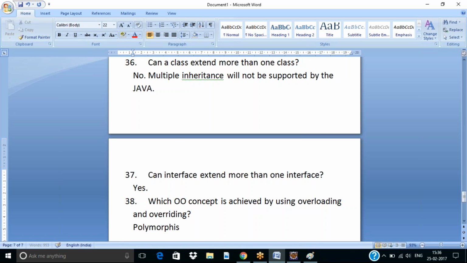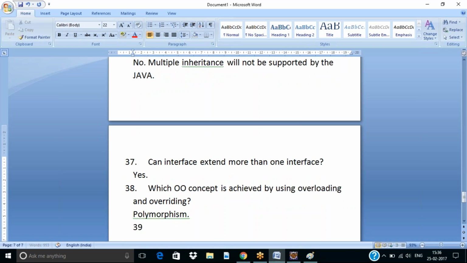So polymorphism. You'll achieve polymorphism by using method overloading and method overriding. Next,